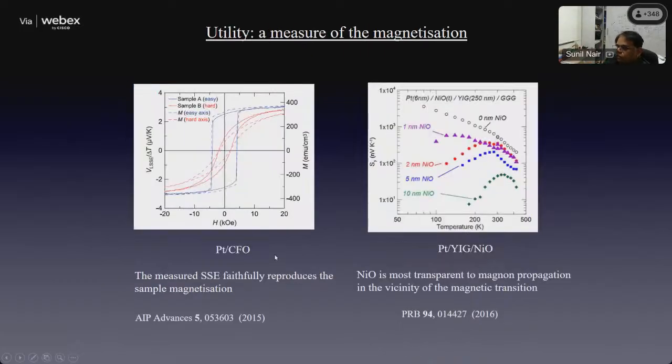Now, in the early days, people started asking how could this be used, and how are magnetic spin currents useful? For instance, people did spin Seebeck measurements and said that this really follows the magnetization of the sample. But there are easier ways of measuring magnetization. So one doesn't really need a spin Seebeck measurement to get a sense of magnetization. Here is another interesting thing on the right hand side: people were looking at multilayer specimens. You have one magnetic unit, another magnetic unit, and then the spin-to-charge conversion layer on top, and they're trying to see how the interfacial magnetic unit behaves. Can I tune it, and so on and so forth?